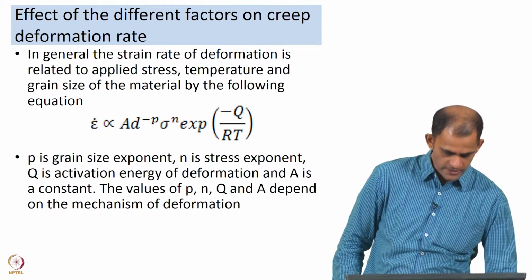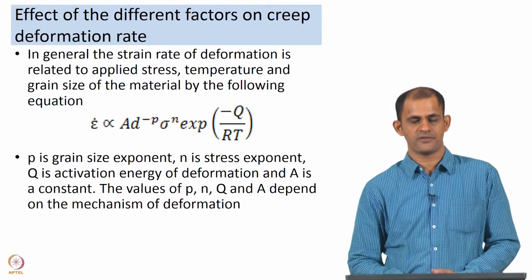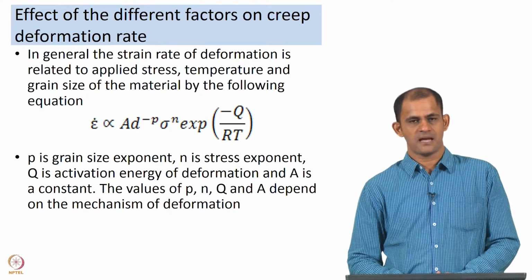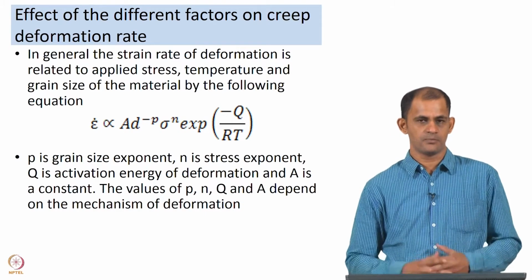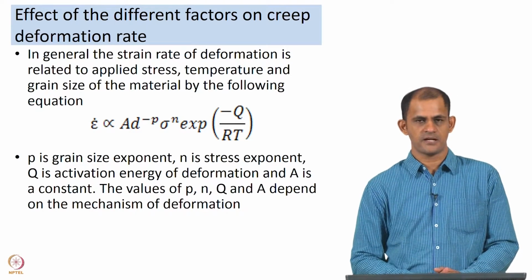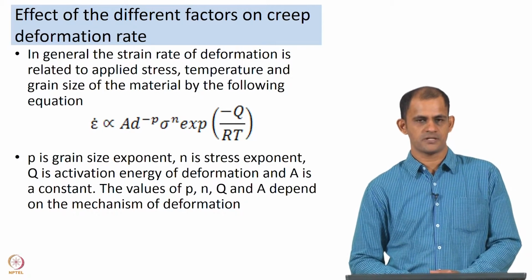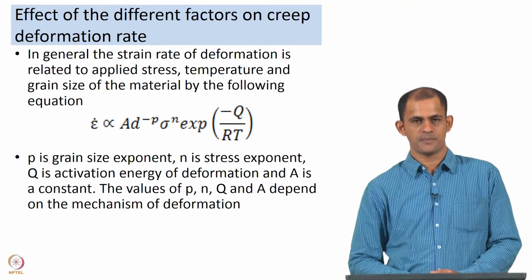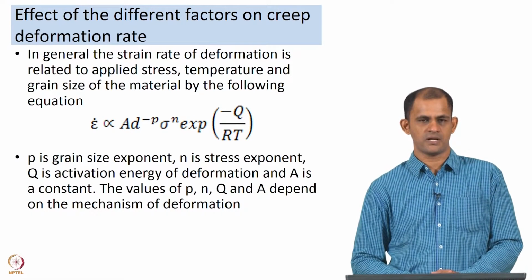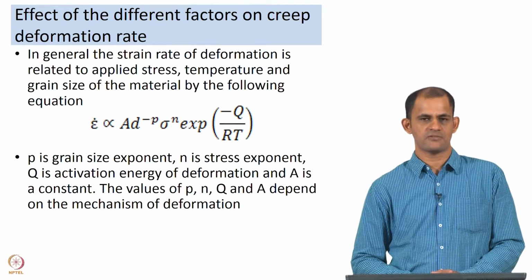So, if we consolidate all of these, we have looked at the effect of stress, we have looked at the effect of temperature, and now we spoke about the effect of grain size. All of these have a role to play in the deformation rate. So, if you bring all this information together, in general the strain rate of deformation is related to applied stress, temperature and grain size of the material by the following equation. Epsilon dot is proportional to d to the power minus p, it is proportional to sigma to the power n, and it is proportional to exponential of minus Q over RT. Like I mentioned earlier, p is the grain size exponent, n is the stress exponent, Q is the activation energy of deformation, and